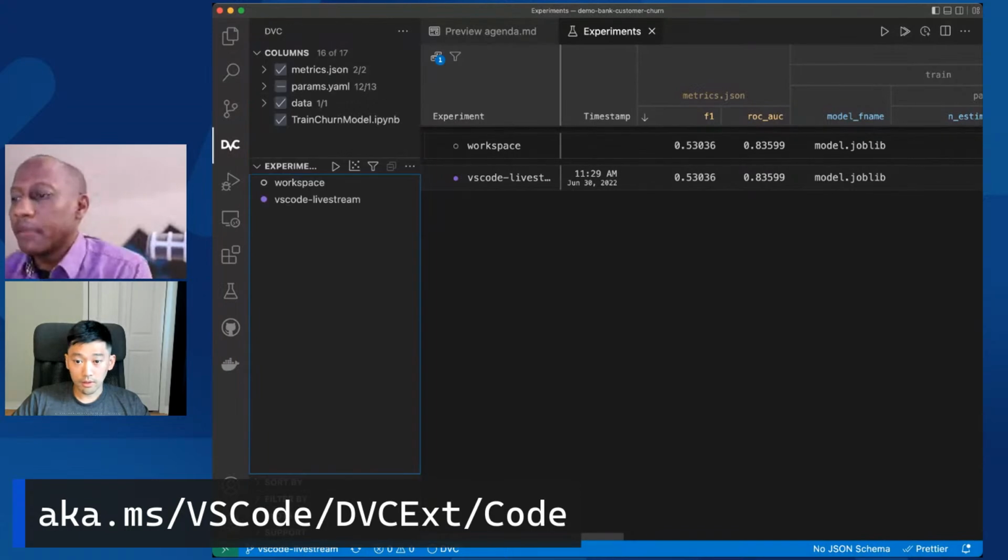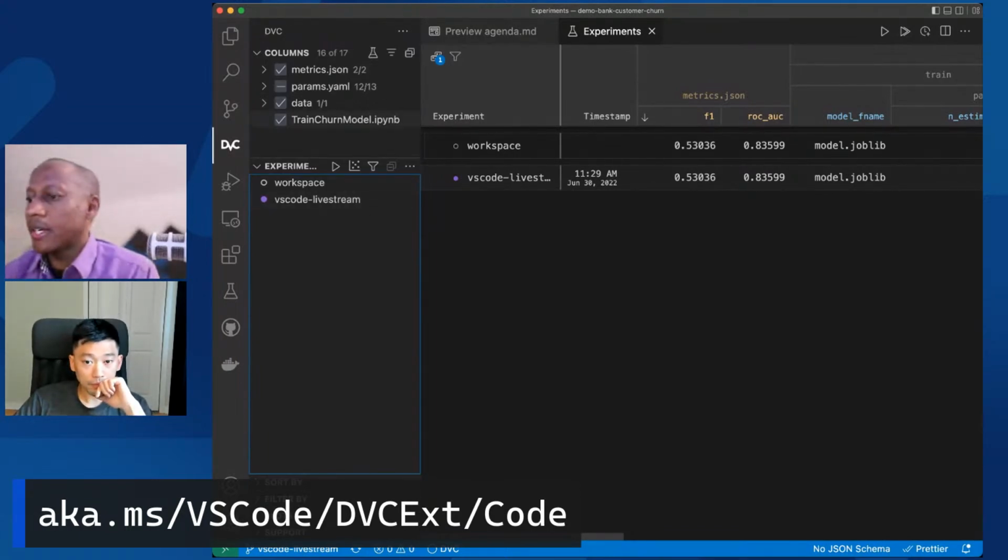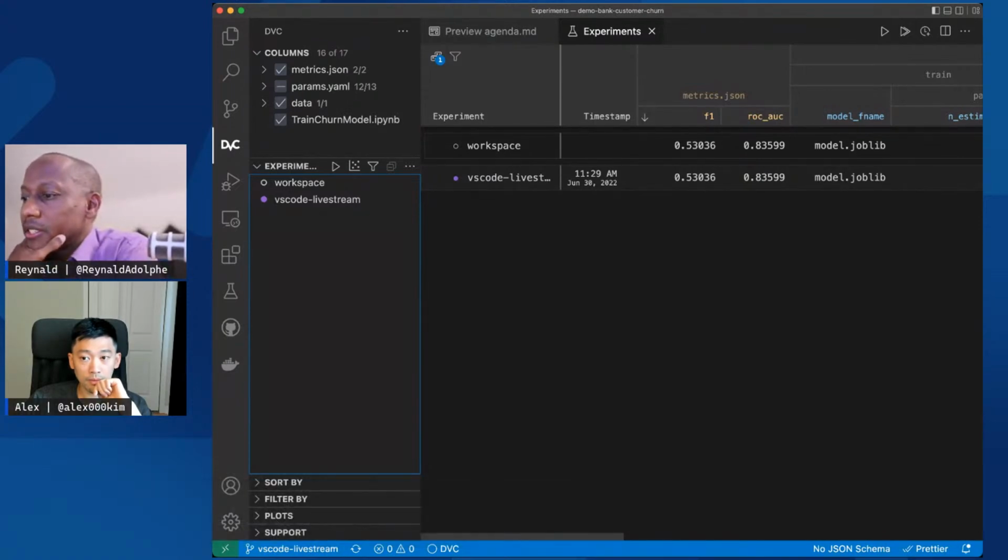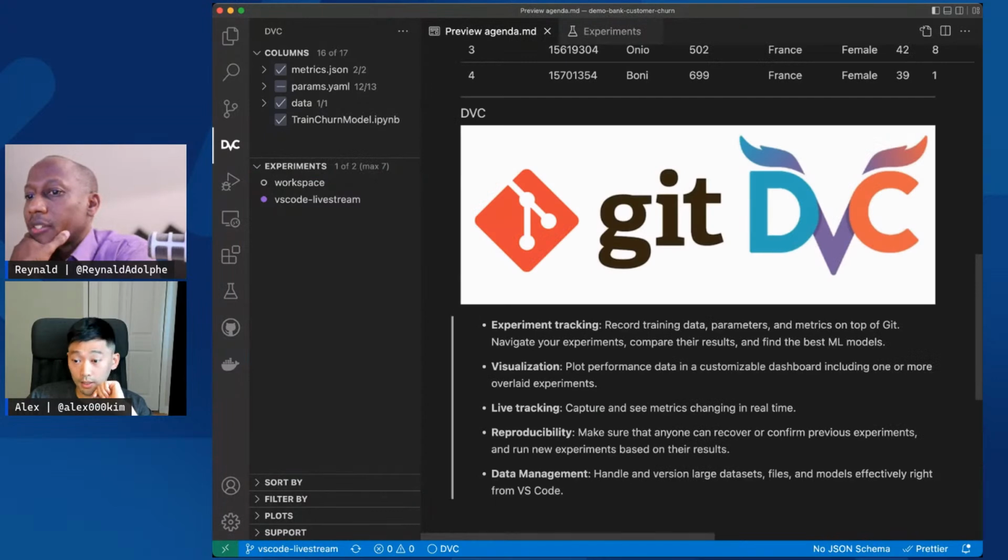And now let me read a comment that Jennifer Del Figueredo put. I think she was referencing. She said at Black Current 07, DVC is for large data sets and models that do not fit in Git. Alex, what do you feel about that statement? Is that an accurate representation?